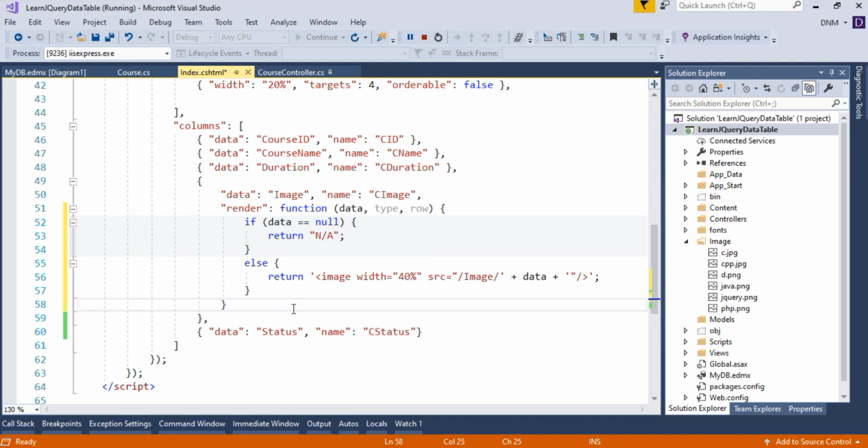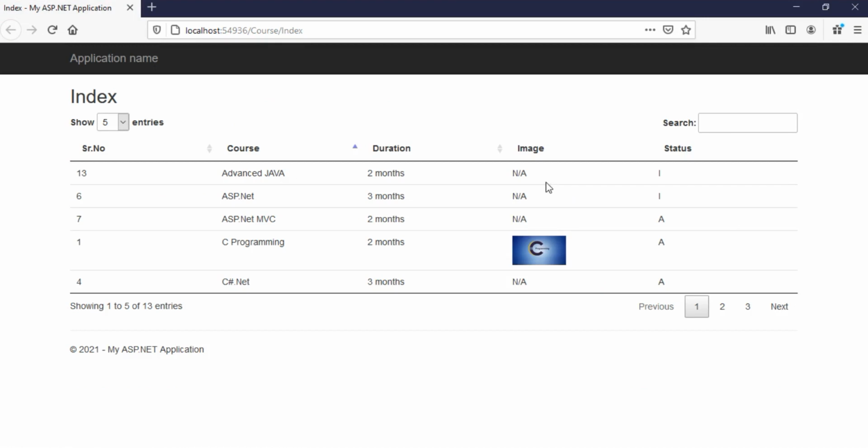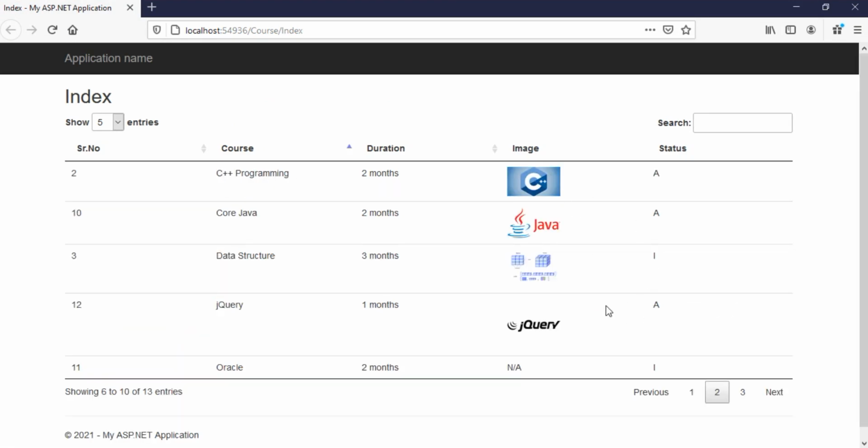Now let us observe the output. Again, I'll save it and then we will test it. Okay, now it looks good, right? Wherever there is an image, it is showing the image tag, and otherwise it is showing a not applicable text. Similarly, you can check it on the next page also.